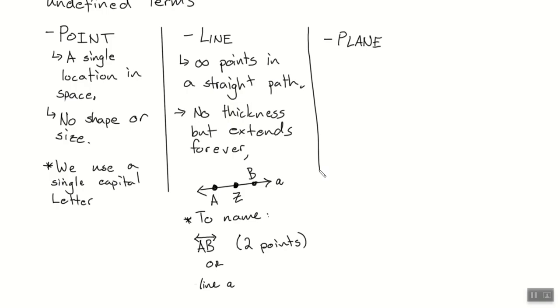Flat. We don't use planes on curved surfaces, right? It doesn't make sense to try to do it. So a plane is really easy to define. We're going to say that a plane is just that collection of infinitely many points again, but they don't have to be in a straight line. We'll say infinitely many points on a flat surface, extending forever.